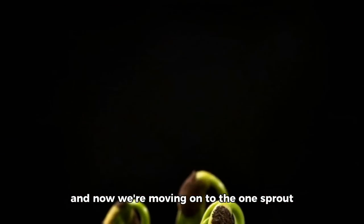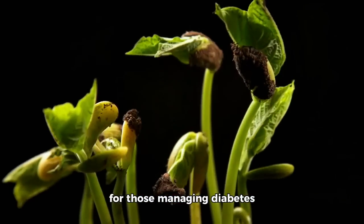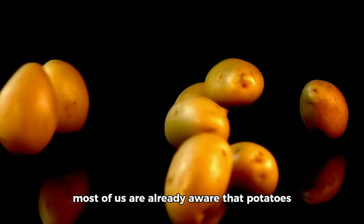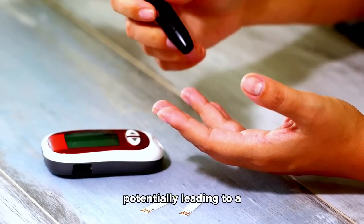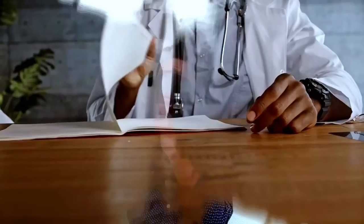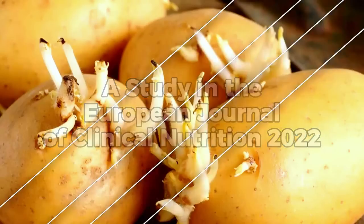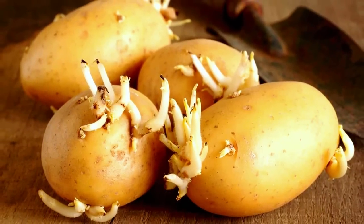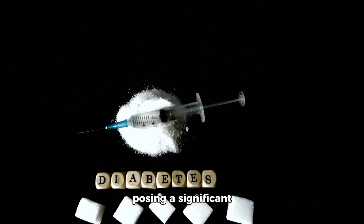And now, we're moving on to the one sprout that could be deemed the most inappropriate for those managing diabetes, the potato sprout. Most of us are already aware that potatoes are high in starch, which is broken down into glucose, potentially leading to a spike in blood sugar levels. But how do their sprouts fare? According to a 2022 study in the European Journal of Clinical Nutrition, potato sprouts exhibit an even higher glycemic index than regular potatoes. This means they are even more likely to cause rapid blood sugar spikes, posing a significant concern